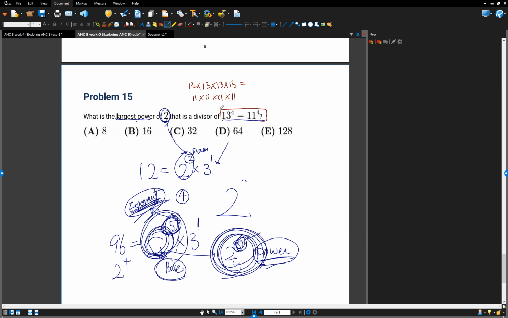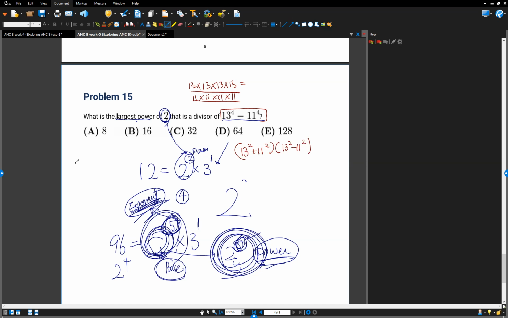Okay, I'm going to give you a hint. Maybe you can try. I think you didn't learn factoring. Factoring belongs to Algebra 1, so I'm going to use Algebra 1. You can use this one. Okay. 13 to the 4 is what? 13 squared plus 11 squared and 13 squared minus 11 squared. That's the